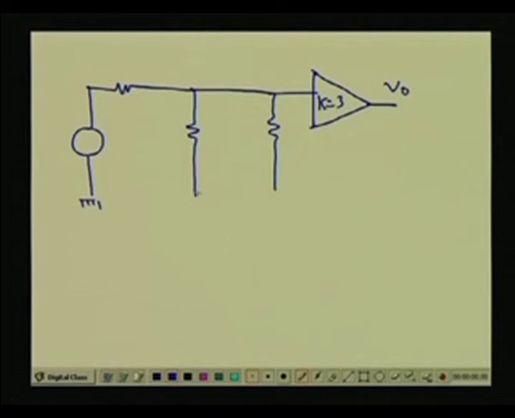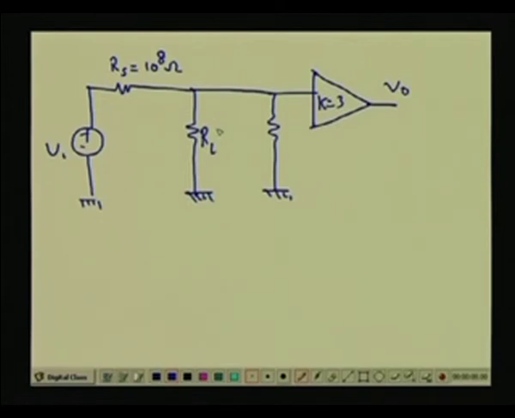So this is the output voltage. This RS, 10 to the power 8 ohm, is the source impedance, this is our pH voltage, and this is RL, actually the